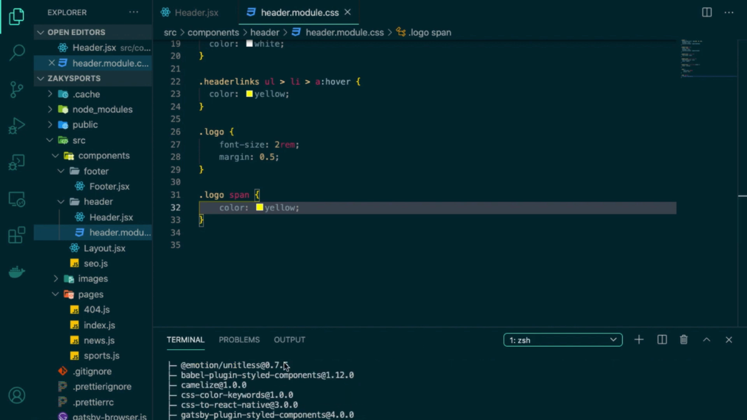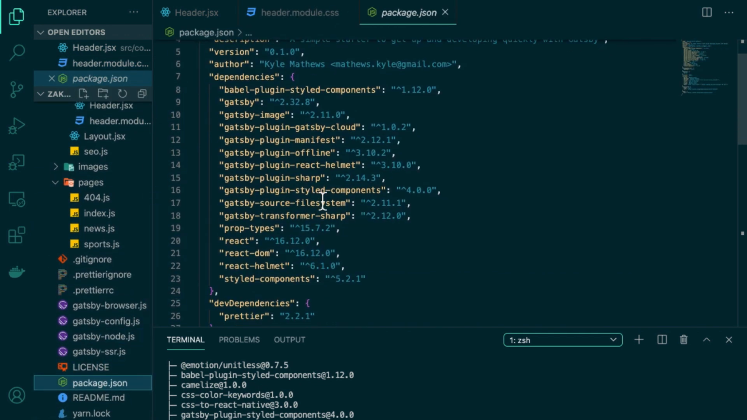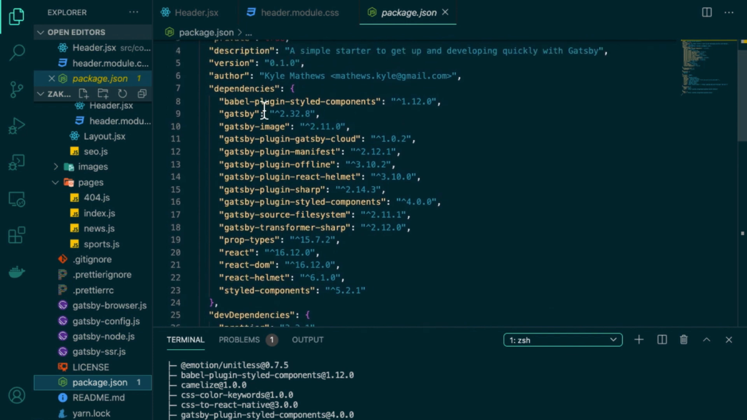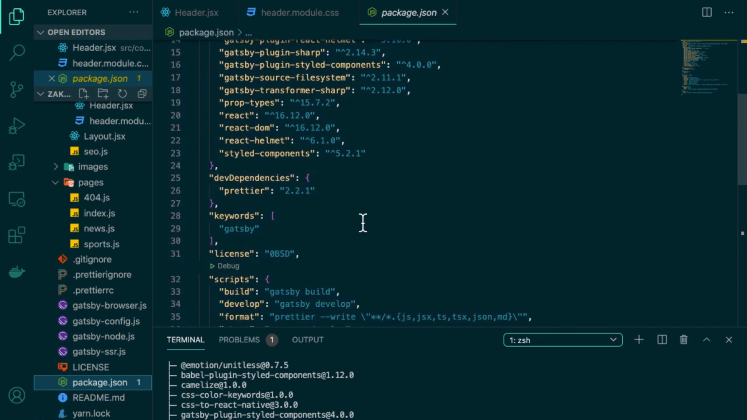Alright, great. So we've installed these packages, and we can confirm by going to the package.json, and then we can see gatsby-plugin-styled-components. We can also see styled-components here, and then we can see the babel-plugin-styled-components. So we've been able to install these three packages. The next thing we want to do is go to the